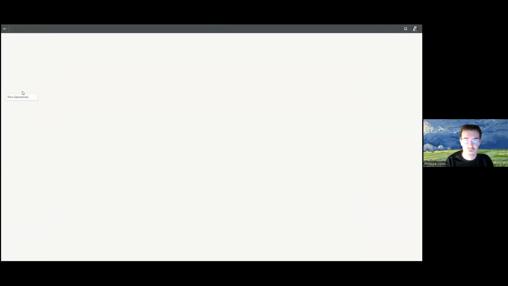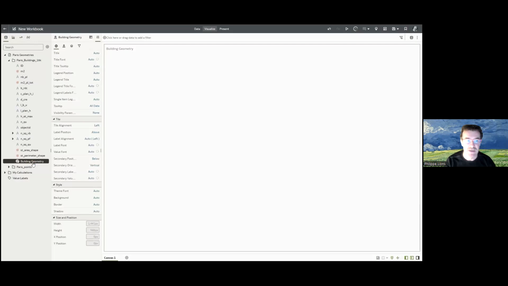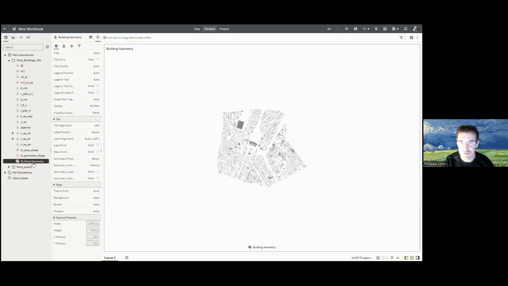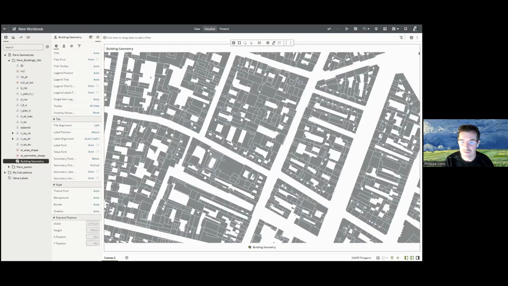So if I upload this data set in Oracle Analytics, it will now recognize the geometry data type. You can see at the bottom, I'm fast forwarding a bit for time's sake, that the CSV file I was showing you a moment ago is recognized as a specific data type called geometry. You can see at the bottom, building geometry. That building geometry, representing the buildings of some area in Paris, now, if I double click on it, shows up directly as a map with all the details of every single geometry.